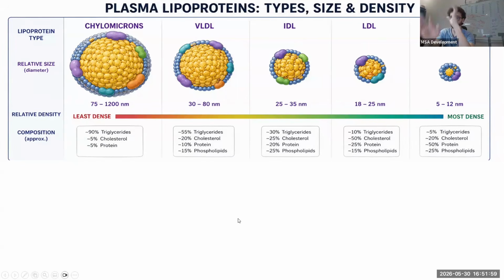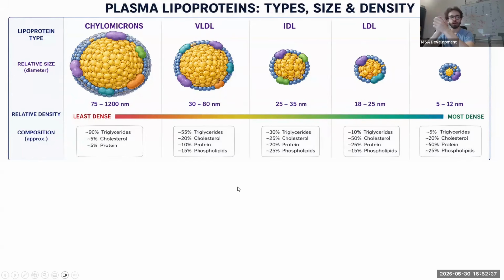We're going to go through this again, but if you only memorize from this slide, you'll be shortchanging yourselves. Chylomicrons, triglycerides, full stop. VLDL, triglycerides, full stop. We're going to tell you the difference later between the triglycerides of chylomicrons and VLDL. There is a huge difference and you have to memorize it, but let's keep it for later. IDL, I don't care about it. LDL, cholesterol. Well, cholesterol is bad, so LDL is bad. As simple as that. HDL is good. Why? Because it doesn't have a lot of cholesterol. This is what I want you to remember about HDL. I hope what I said is clear.